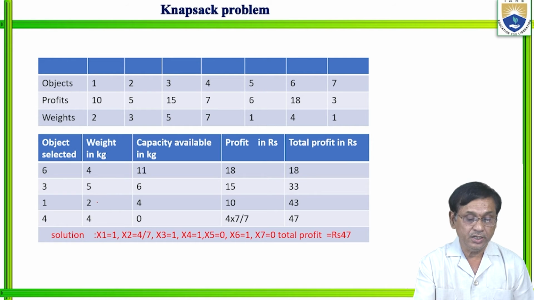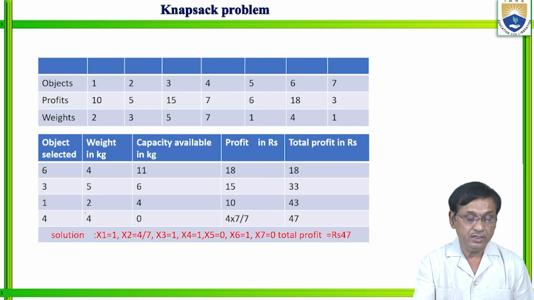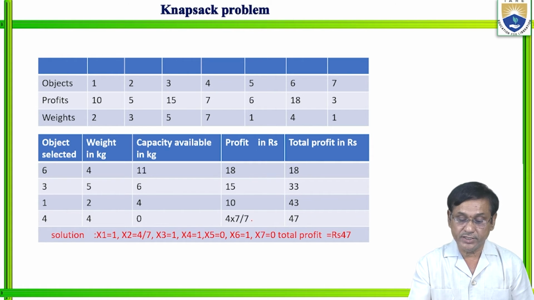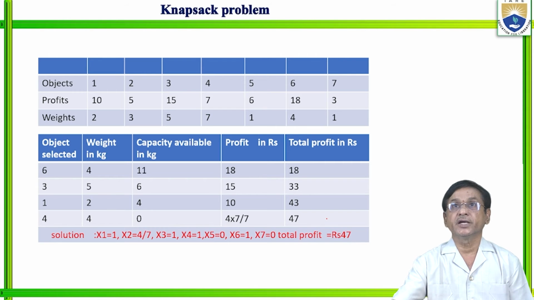Next, the first object is included, weight is 2 and capacity leftover is 4 and profit is 10 and then total profit is 43. The last one, fourth object is included, only part of that is included, that is 4 kgs only, the capacity is 0 left, then the profit is 4, so that total profit is 47 when it is considered